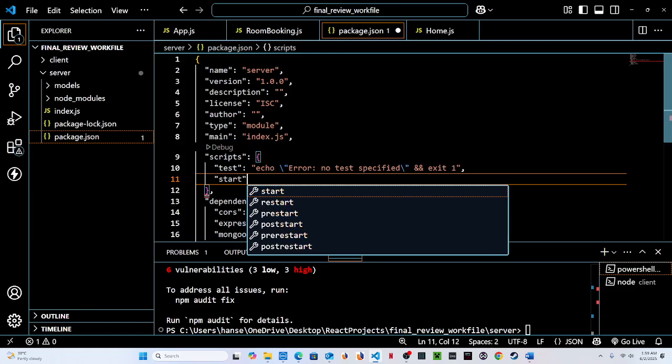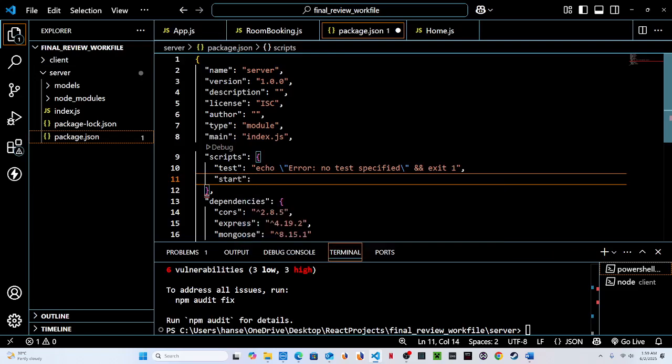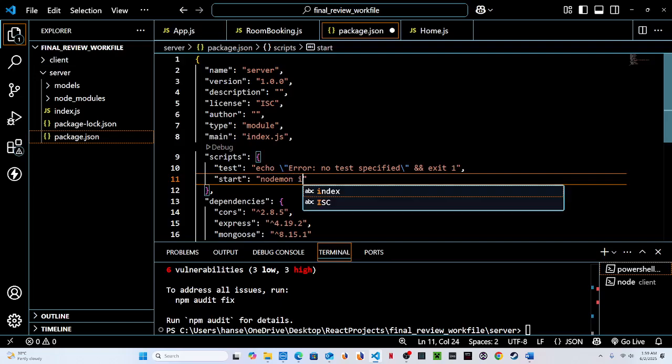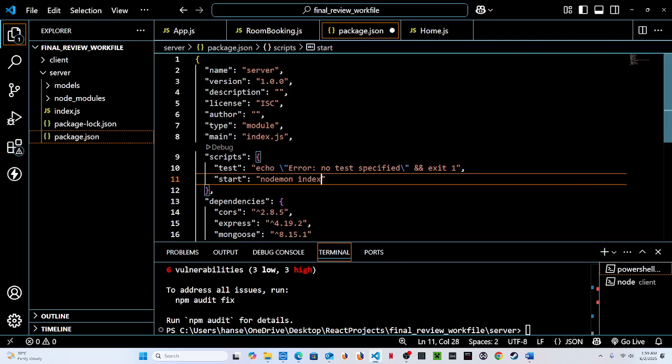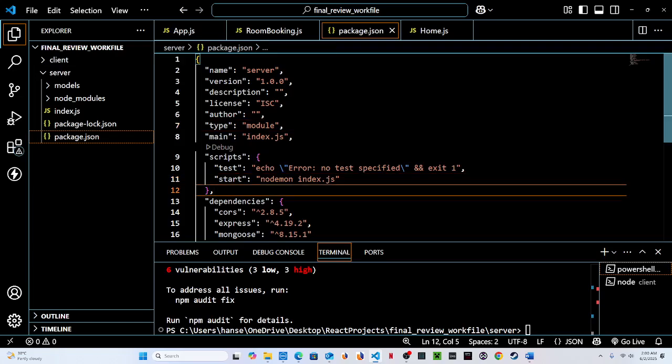and this is going to be a colon, okay, nodemon index.js. Okay, this is our file, and I am going to save this. So perhaps if all dependencies are working properly, I can now try npm start on